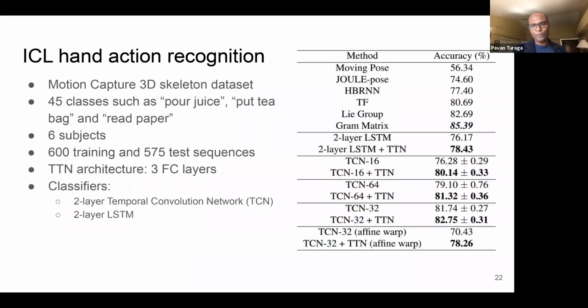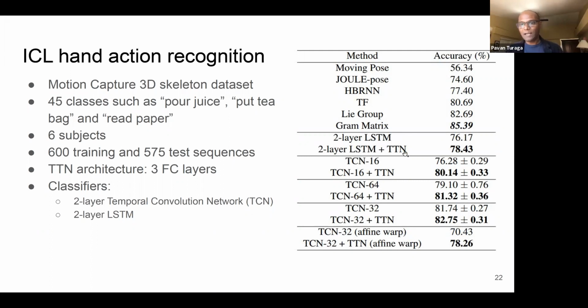Does it work? We have a few data sets and we find that it does work. The beauty of our approach is that because we have not made a choice of a feature vector, and our module of this constraint satisfaction stuff is standalone, it can be dropped in. It can be plugged into almost any neural network, as long as it's optimized by gradient descent. We have tried that on a few different standard architectures, including LSTMs and TCNs. So a two-layer LSTM is its own thing. LSTM is the long short-term memory network.